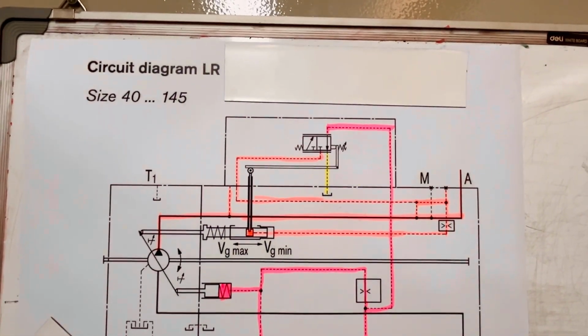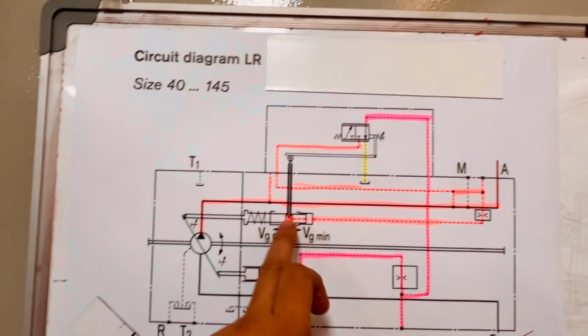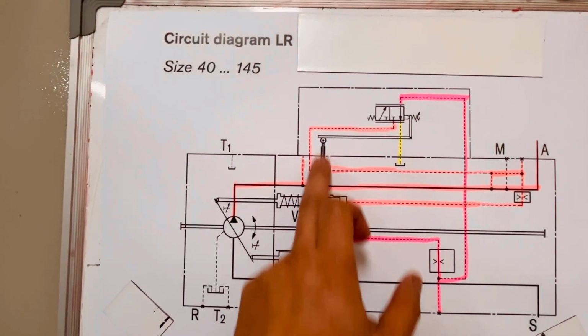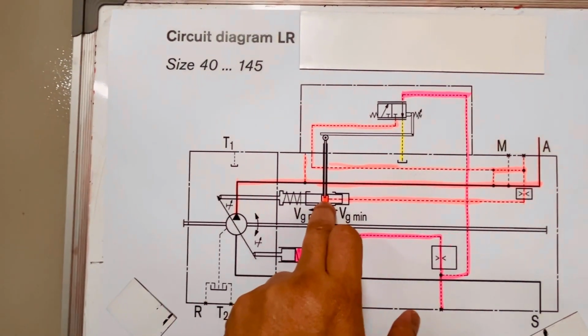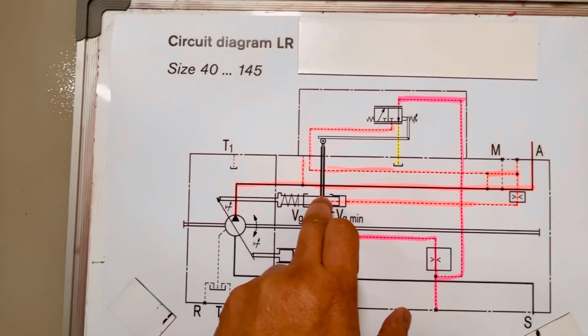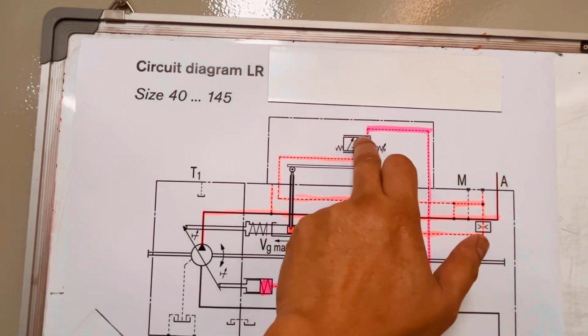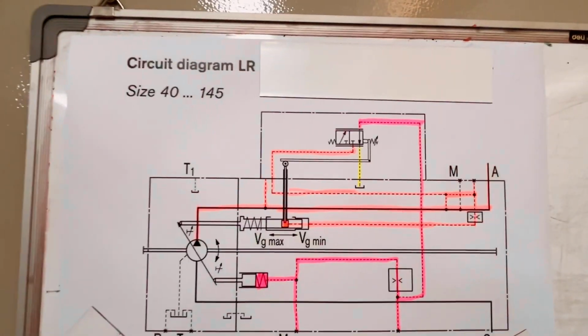Once this spring is overcome by this lever, which I'll call a feedback piston because system pressure acts here, guys, once that system pressure overcomes the force of the spring, the spool will shift, and then what happens is